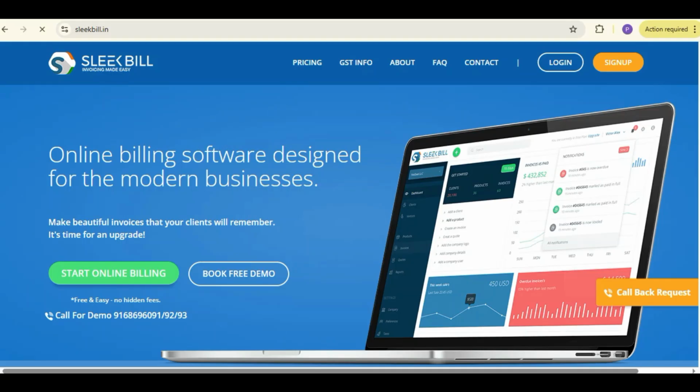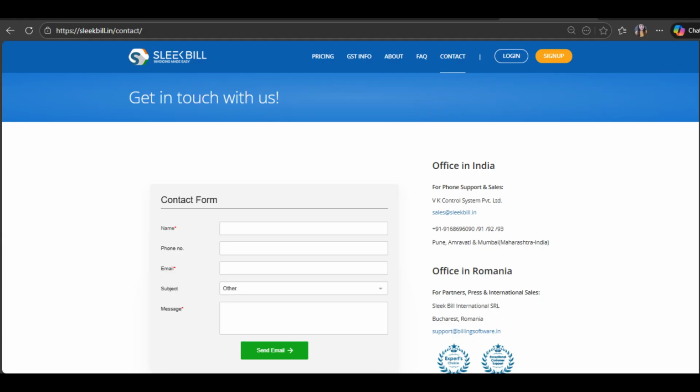This is how Sleek Bill makes billing, inventory management, and payment tracking simple and efficient, helping you save valuable time